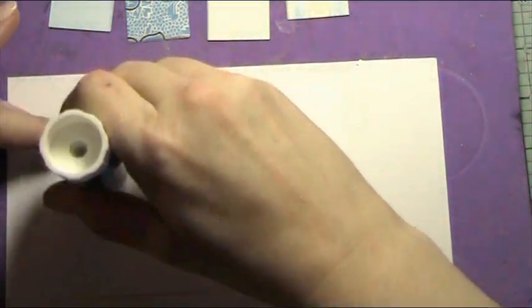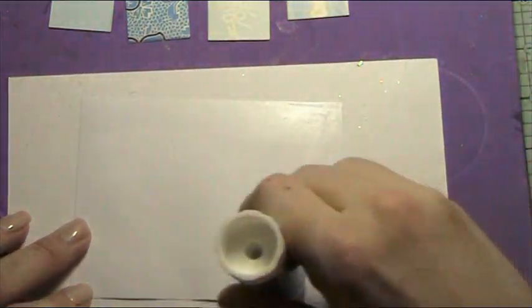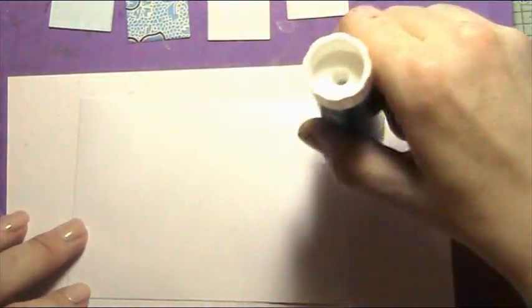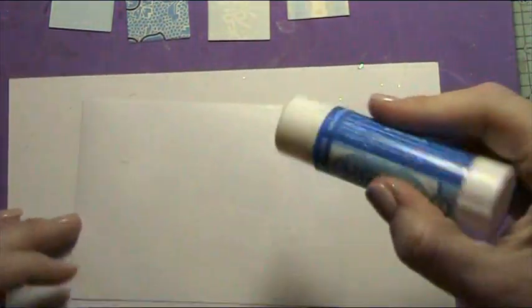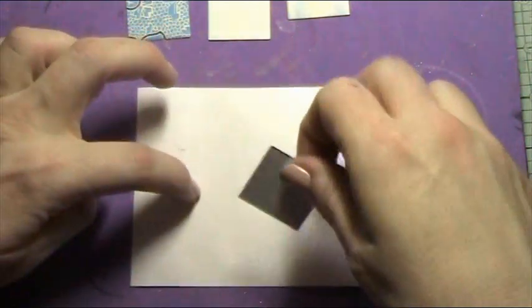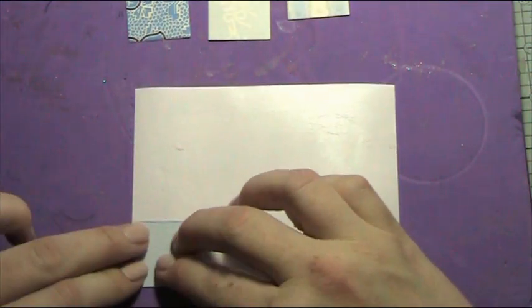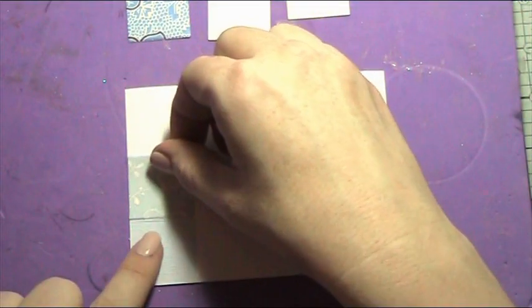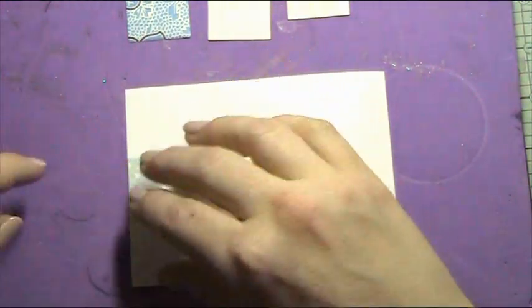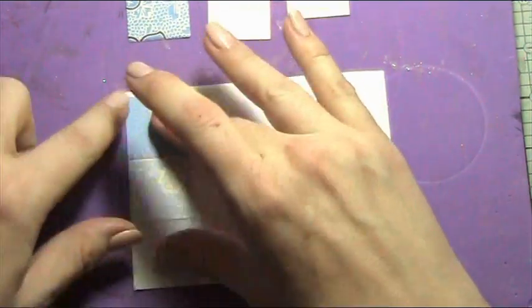And then we'll just run a little of the glue stick over the mat. So, and then slowly, or not too slowly because we don't want the glue to dry, we will position our little patches. Making sure they butt up against each other nicely. And if there's too much paper, which there will be, then I'll be able to cut that off later, but it's better to...